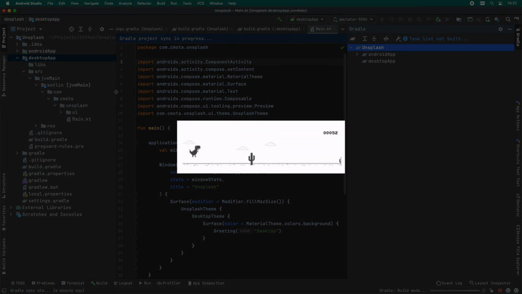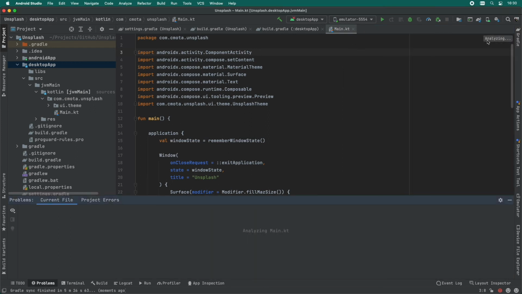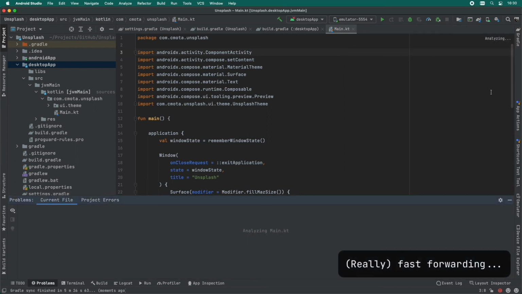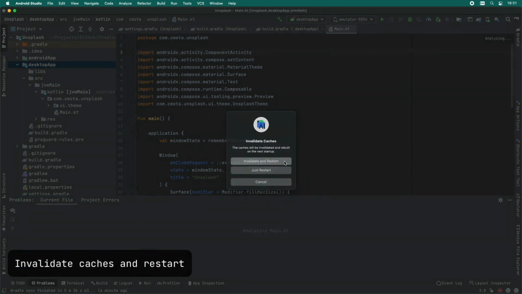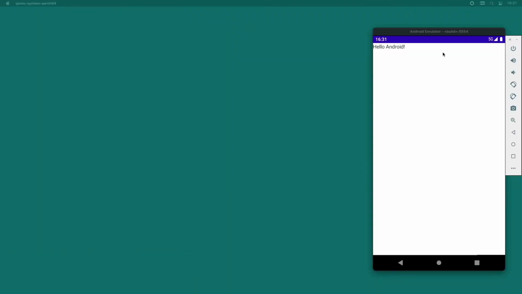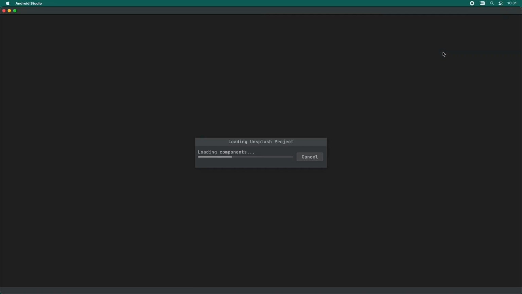So the best solution here is to try to remove the build folders and the Gradle folder, just hoping that synchronizing the project will fix everything. And no, it's still not recognizing exit application, window state, remember window state, nothing. So we go to the more drastic solution: go to File, Invalidate Caches and restart, and hopefully on the next launch everything will be fine.